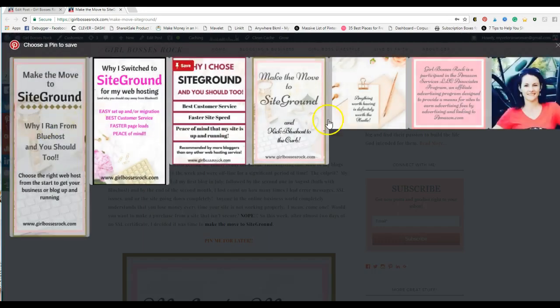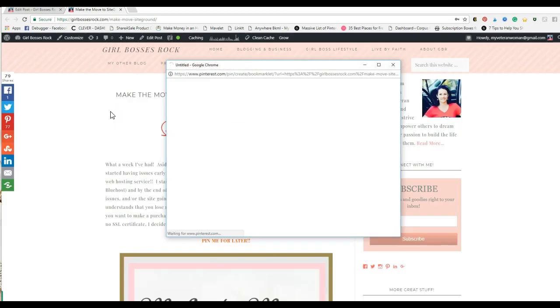So we'll just click on this. And as you can see, I actually just uploaded this one with the black and pink. This here is my header image. I had added these before. This is a really popular post, so I wanted to provide several different variations to see what color scheme works the best. So I'm simply going to click on it,